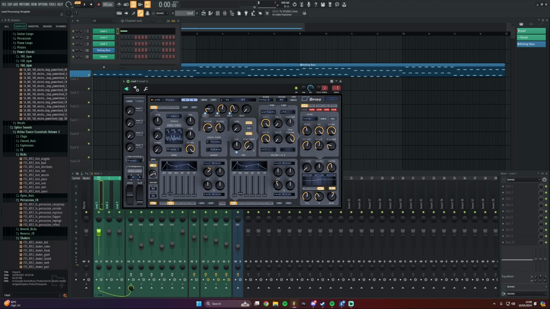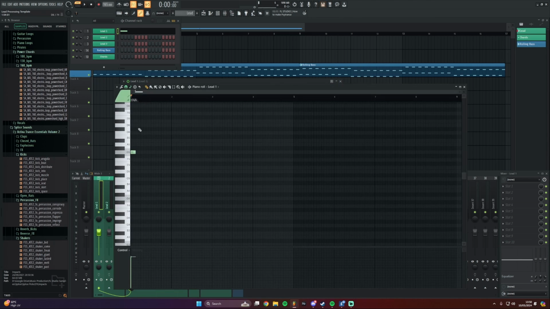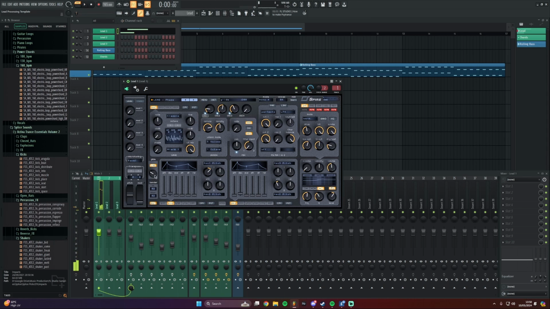So we use this, and then the glide you want logarithmic on, and then you want to put it up to, I mean, it kind of depends how much you want it to slide, right? 300, so you demonstrate quickly. 300 is quite quick. If you put it up to say 600, you get a more exaggerated glide. So it's completely personal preference, but I usually go between about 300 and 400. And 400 tends to be my sweet spot, unless you're doing a really sweepy melody, in which case,